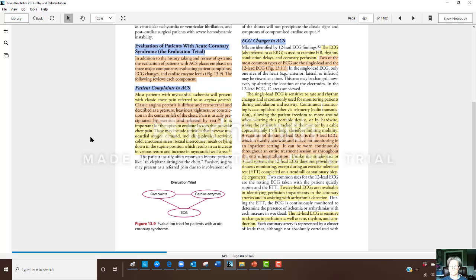Figure 13.11. In the single-lead ECG, only one area of the heart, for example anterior, lateral, or inferior, may be viewed at a time. This area may be changed, however, by altering the location of the electrodes. In the 12-lead ECG, 12 areas are viewed. The single-lead ECG is sensitive to rate and rhythm changes and is commonly used for monitoring patients during ambulation and